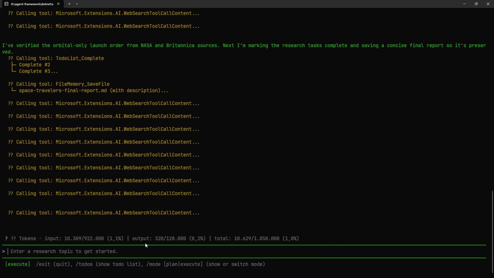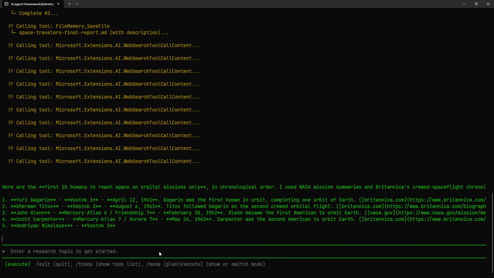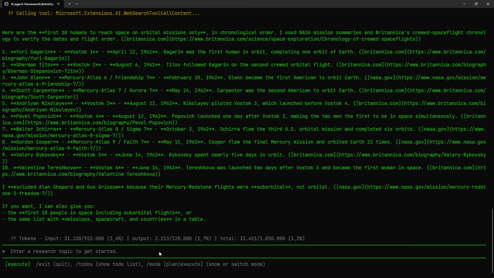I don't think those limits are correct, but that's another thing. So it comes back with its answer and who was the first in space, second in space, and so on, based on various sources that it found on the fly. So a little like GitHub Copilot or Claude Code.